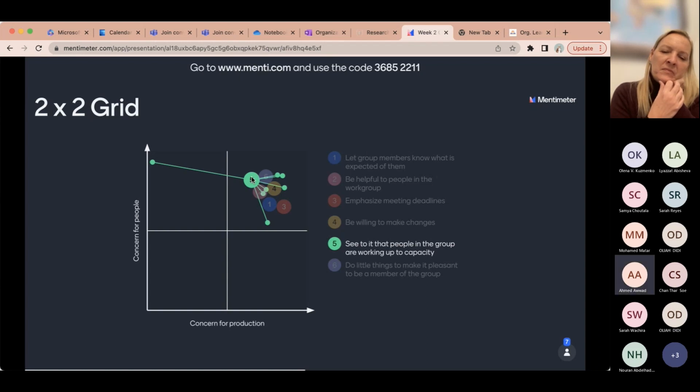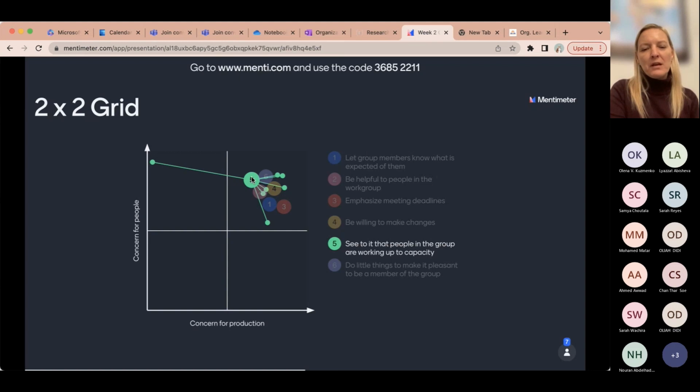I think this point is related to the distribution of work. Yes, it is. As a leader, I should ensure there is a fair distribution of work. I cannot put load on a single person because I know he is good and he can deliver, and leave the others empty, not doing something productive. Yes. Okay, it will be unfair.